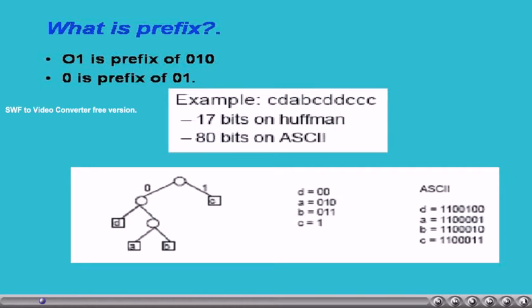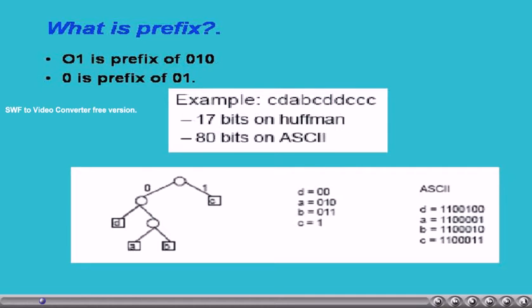If we verify the codes for the symbols A, B, C, D, no code is a prefix of any other code. So this is a property we expect from the codes we design for the set of symbols based on their probabilities. Of course, we have already mentioned that the main objective of coding is to reduce the number of bits required to send or store the data.